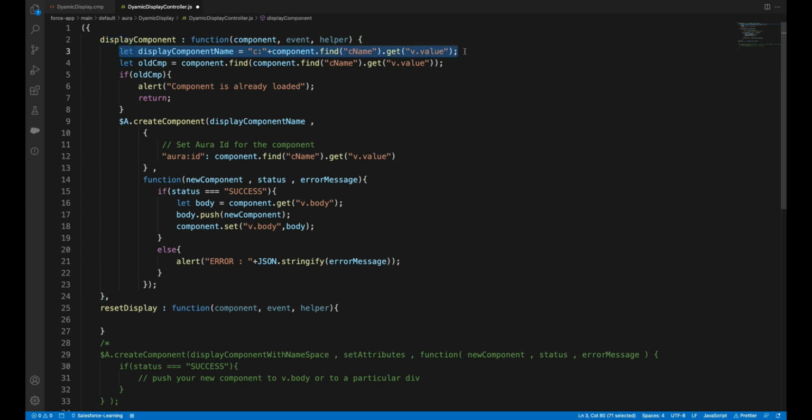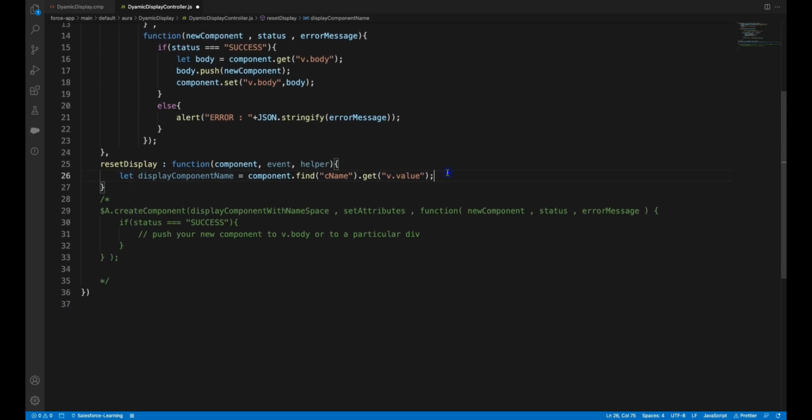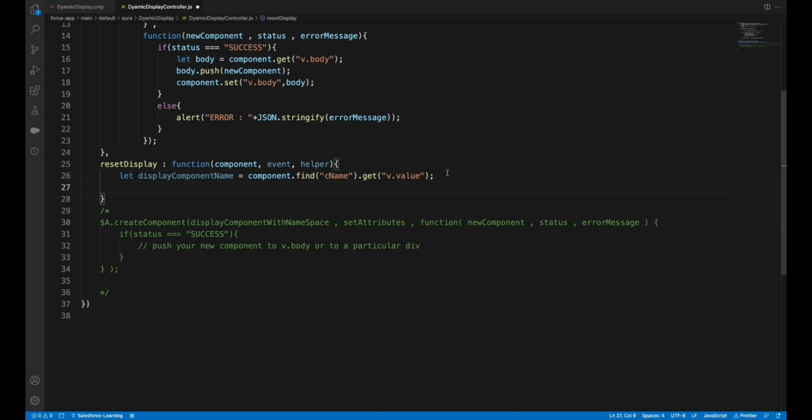Let display component name. I'm just picking up the same thing, but this time I don't need any of this. So we have only a simple method called display component. When I say c.find,